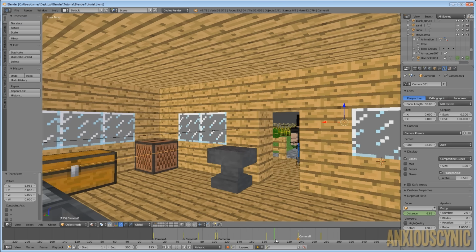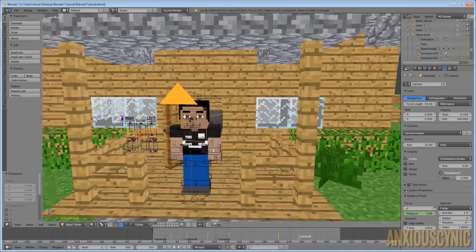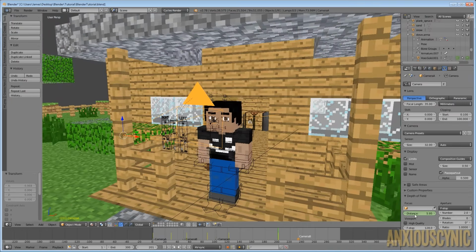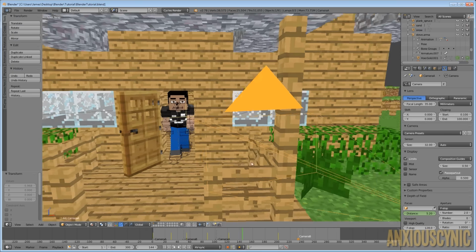It doesn't switch immediately, so we're just going to come to this point for the longest time that it's going to be here, and set that to be like that. All right. This one might be a little bit tricky because we have some movement on the camera. So if I can click it, I'm going to drag it in. So I have those 2 points set up right when he first opens the door, right when it first switches to this camera, and then right when he gets closer.